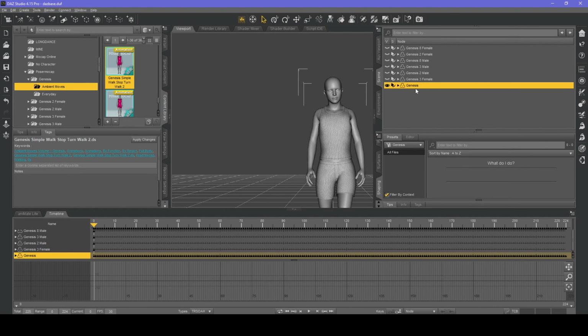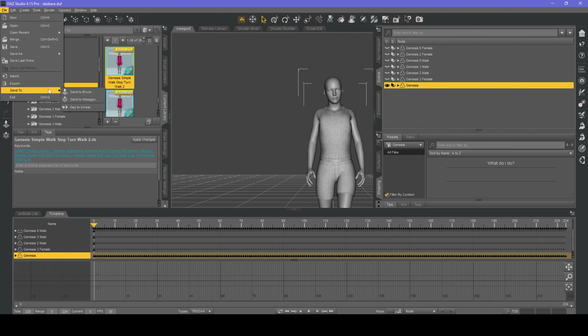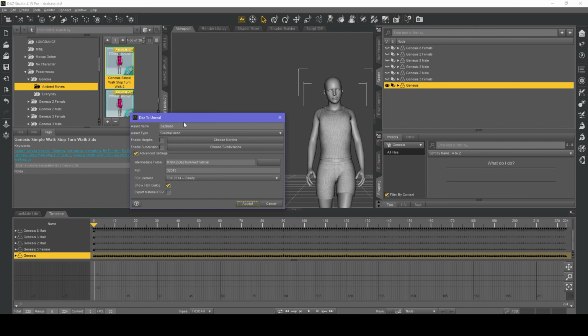Now, ensure Genesis is selected, our Genesis character, and we're going to send to Daz to Unreal, and we will call this G1. We'll prefix it with that so we know which character it belongs to, and we'll call it walk and turn.